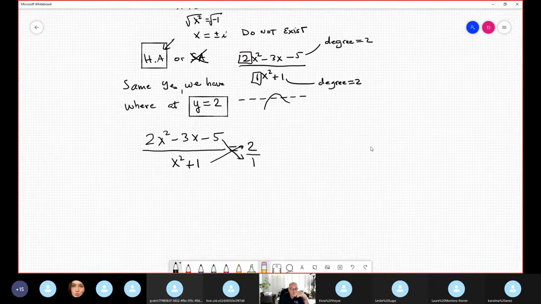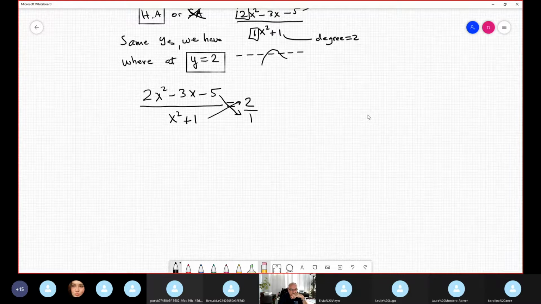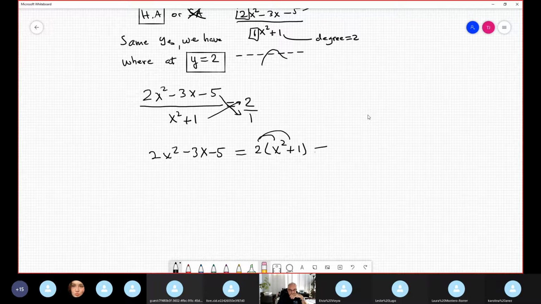So it's 2x squared minus 3x minus 5 times 1, stay the same, is equal to 2 times x squared plus 1. This triggers the property to remove the parentheses. Okay, 2x squared plus 2. Now I can see that part is cancelled out, 2x squared and 2x squared. And stay alive, minus 3x minus 5